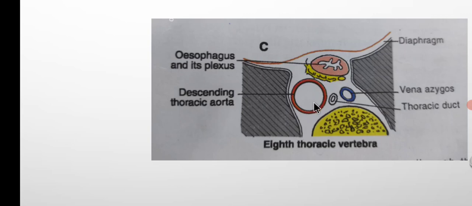Okay, but if you take a section in the upper part, on the left side of the azygous vein there will be the trachea, the esophagus and the vagus nerve. Okay, so the relationship on the left is different in the lower part and the upper part. In the lower part there will be the thoracic duct and the descending thoracic aorta. If we look at the upper part, the esophagus, trachea and vagus nerve will be on the left side.